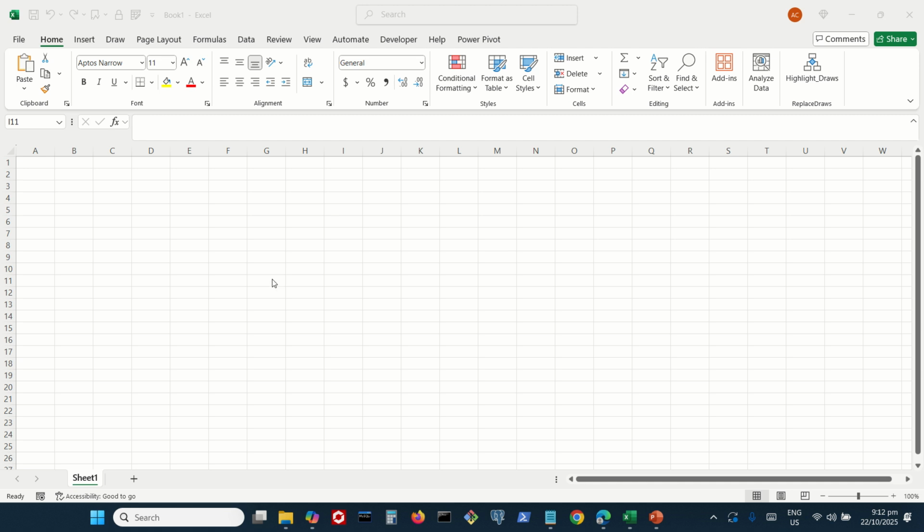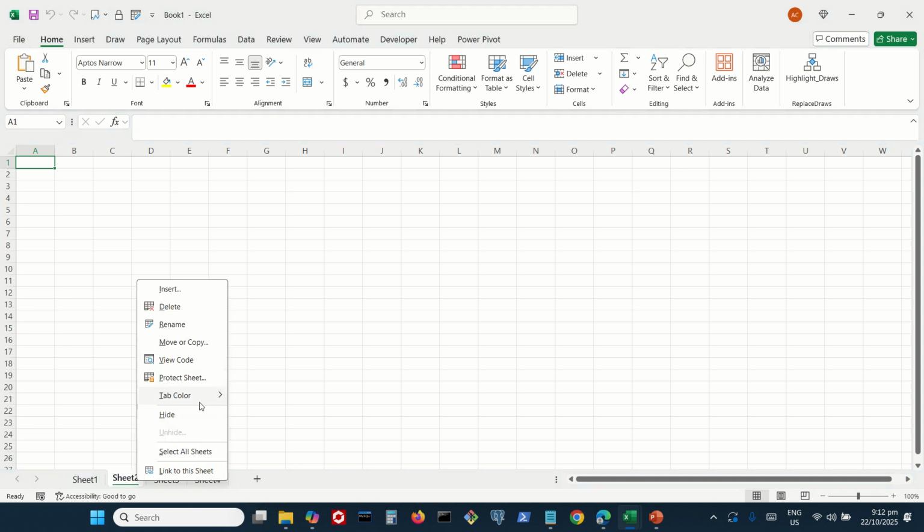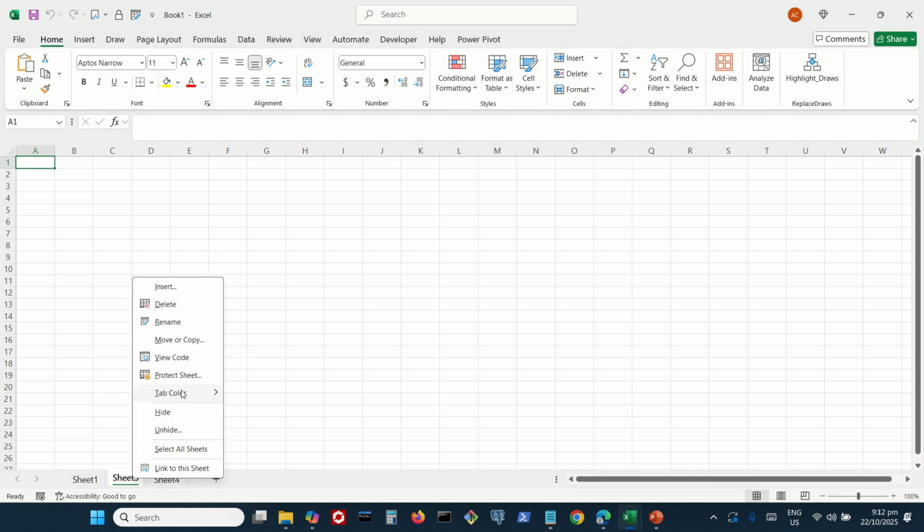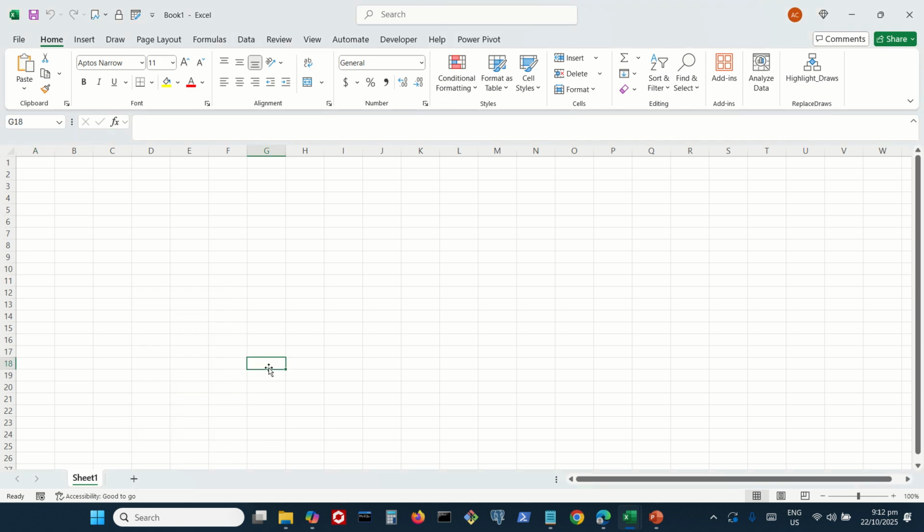The macro that I'm going to use is to unhide all the sheets in any workbook. So now I shall just add some sheets here, and I shall hide them first. After which I will create the macro and save it in the personal